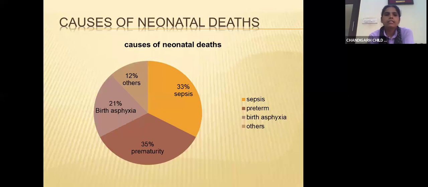And secondly, we discuss the causes of neonatal death, because neonatal resuscitation is required. When we know the causes of neonatal death, it can be prevented by neonatal resuscitation. First of all, we discuss the causes of neonatal death. There is a pie chart in front of me. First is sepsis. Sepsis is a main cause, and others are preterm birth, birth asphyxia, and other causes. So whenever we give neonatal resuscitation, we prevent birth asphyxia, because it is a way to help the baby survive birth asphyxia. Preterm babies also require initial steps and sometimes resuscitation. So the next slide is,